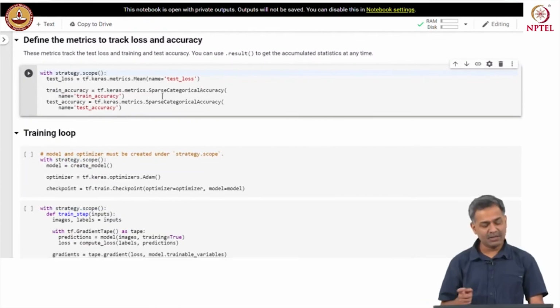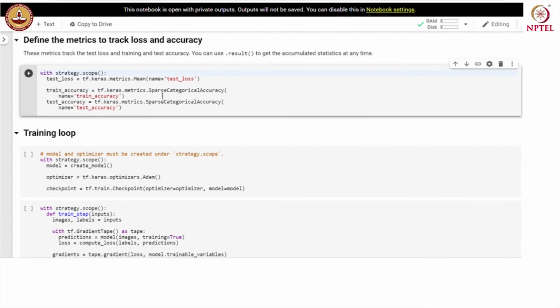Let us define the metrics to track loss and accuracy. So, we again define these metrics with strategy.scope. So, here we are using the mean as a metric for test loss.